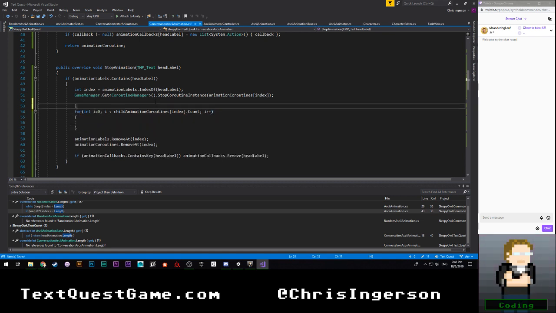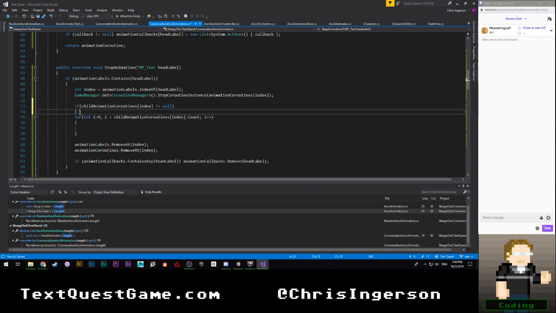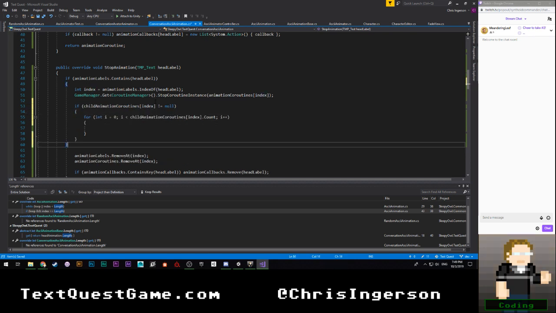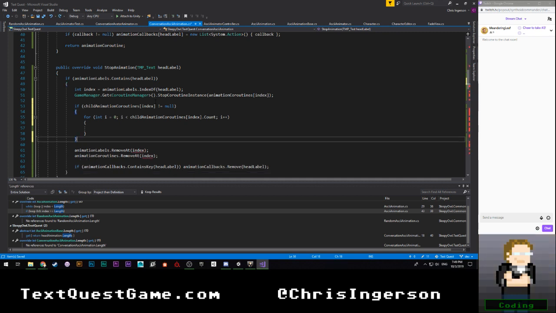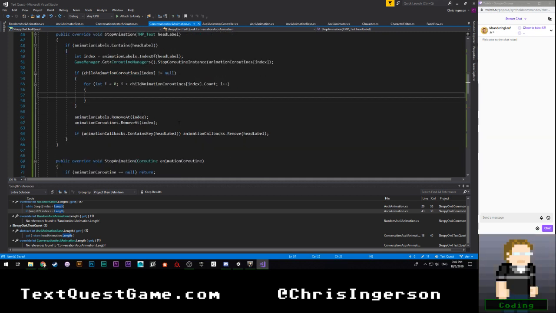And all we're going to do here is say if child animation coroutines of index does not equal null and child animation coroutines at index.count is greater than 0, I guess. We'll just check if it's null. We don't need that secondary check. So if it's not null, then we want to do this for loop, and we're basically going to stop all these coroutines.